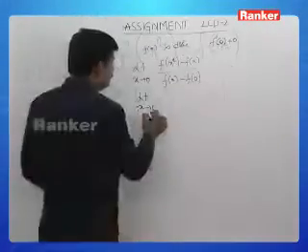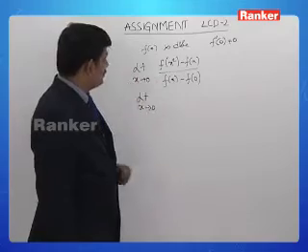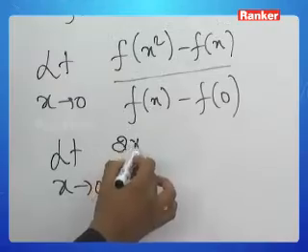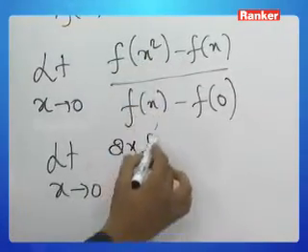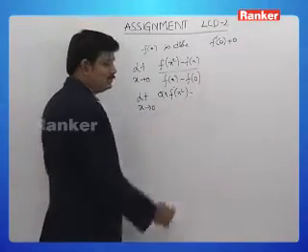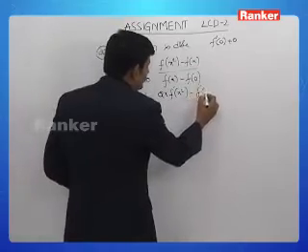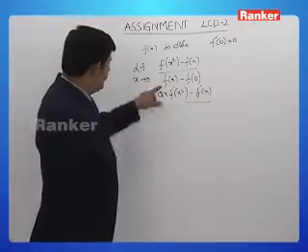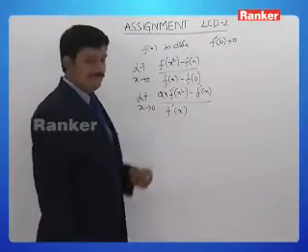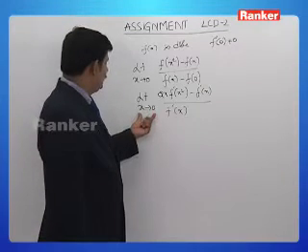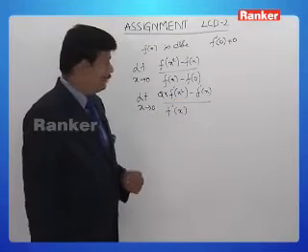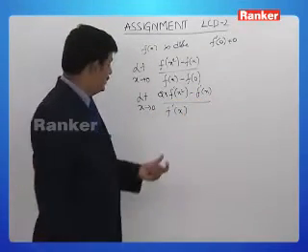Limit x tending to 0, f of x square minus f of x divided by f of x minus f of 0. We can differentiate the numerator. Derivative of f of x square is f dash of x square into derivative of x square, 2x, minus derivative of f of x is f dash of x, divided by derivative of denominator f dash of x minus derivative of a constant is 0. So we have limit x tending to 0, 2x f dash of x square minus f dash of x divided by